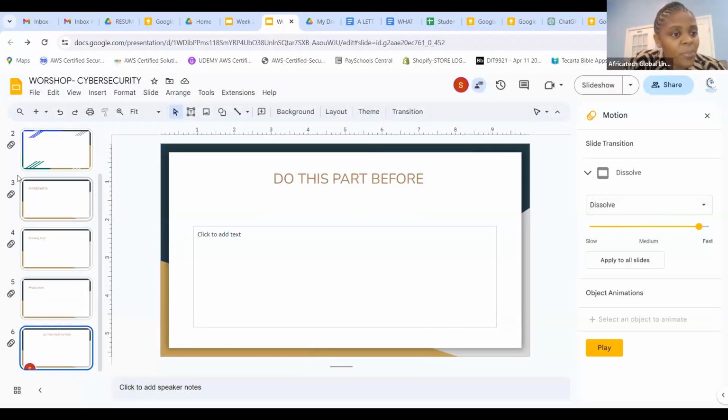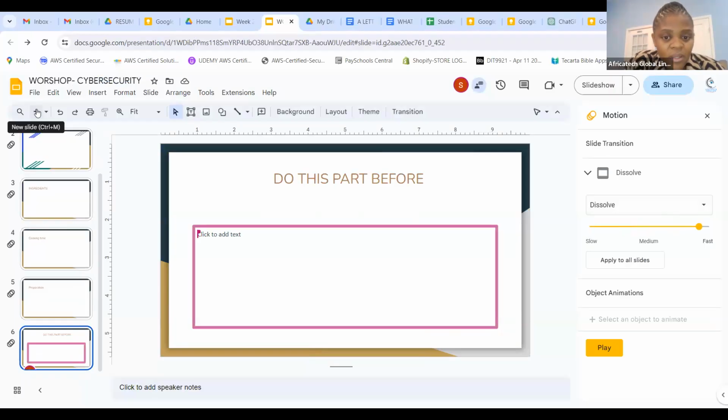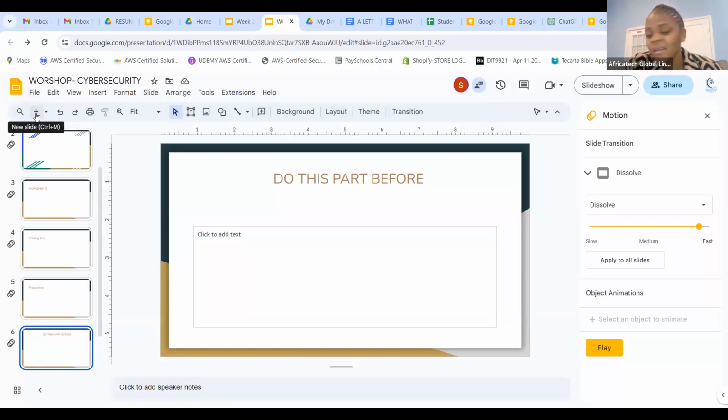It's still 6. Oh, you are on the 6. Open a new slide. Go on the plus sign and add a new slide. Up here, on the file, there's a plus sign, right?